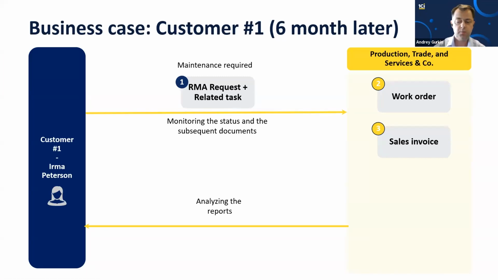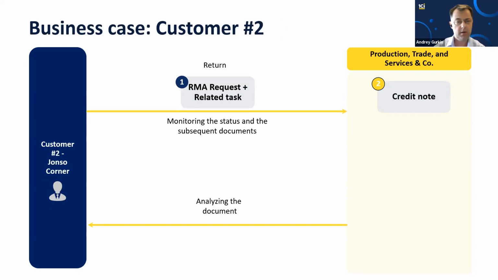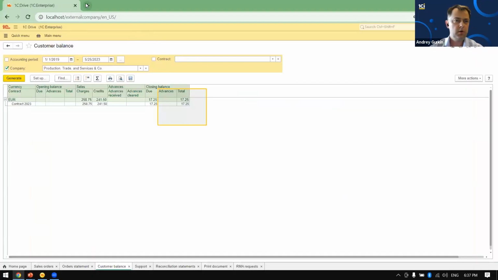Let's switch to another guy from another company, from customer number 2. His name is John Saw Corner. In his case, it's not so good. We're talking about not replacing the cartridge, but this guy wants to return his printer. So we are opening